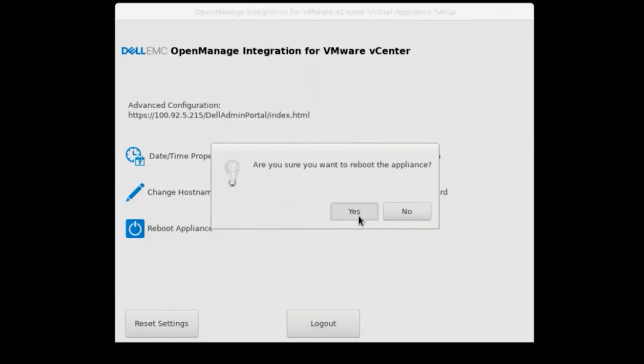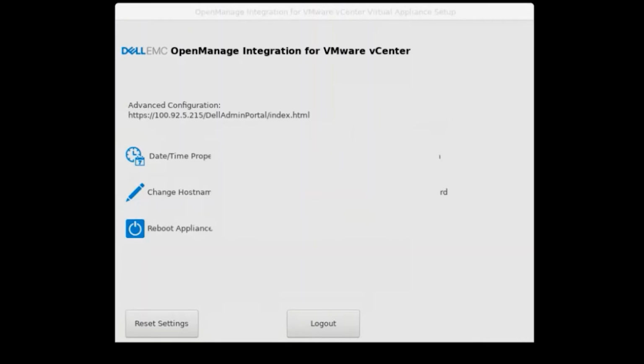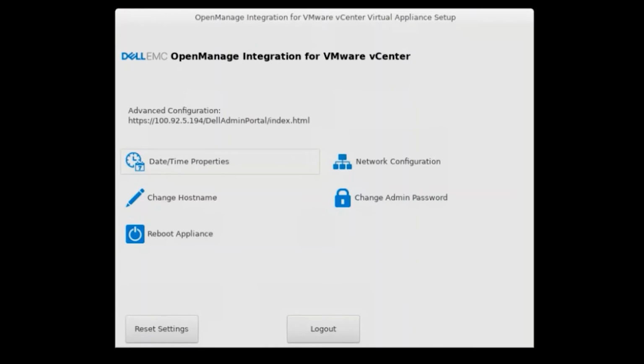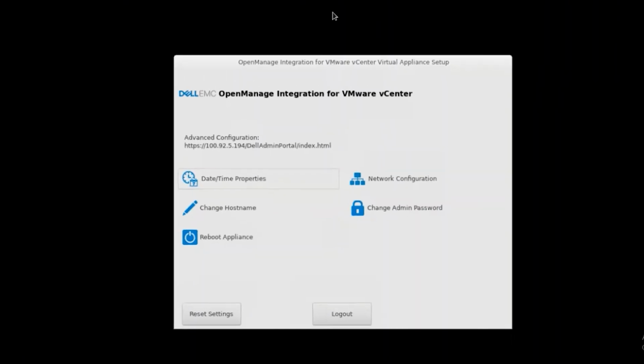The process will take about 2 minutes to complete. Once the appliance has finished rebooting, you will need to log in with the administrator credentials again. Once the menu page loads up, confirm that the previously assigned settings remain throughout the restart. Then simply navigate to the IP address or FQDN information that you will see on that menu.